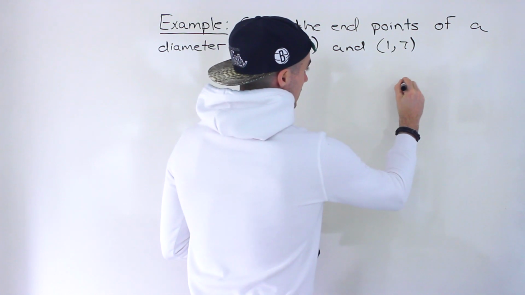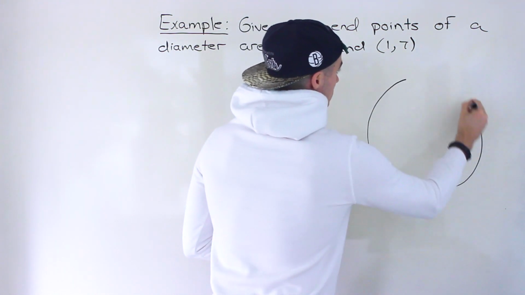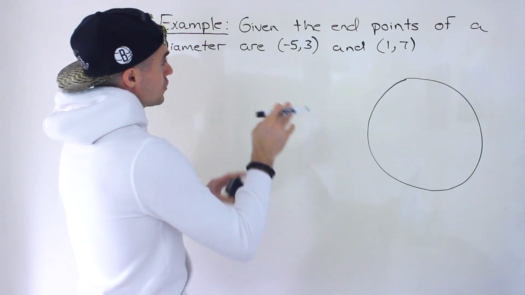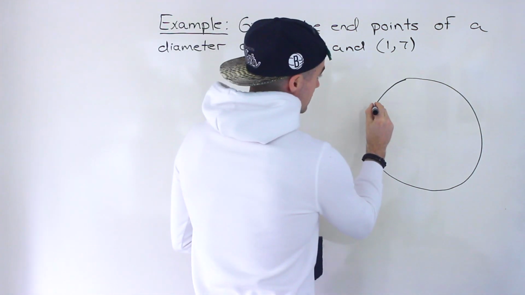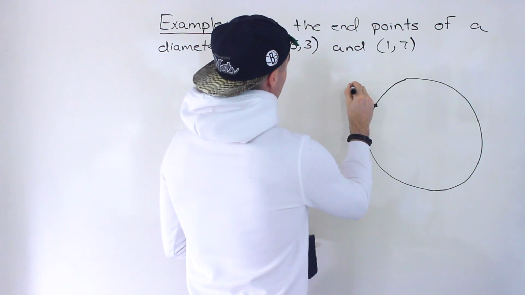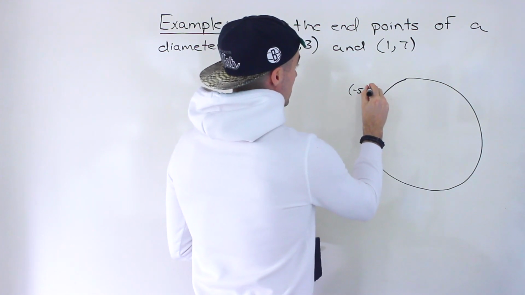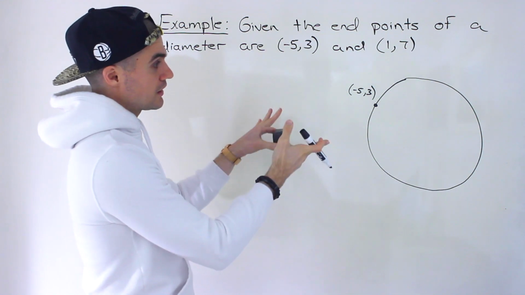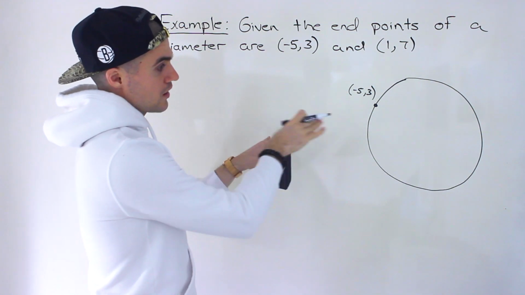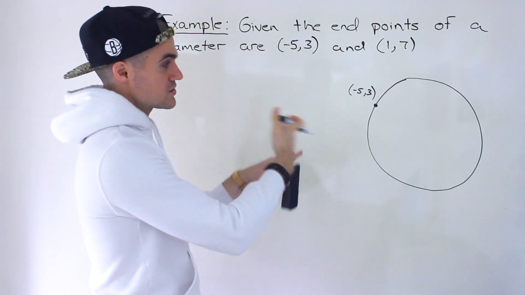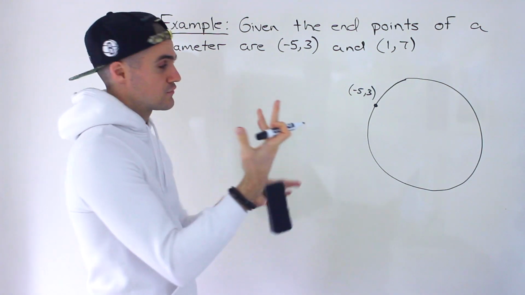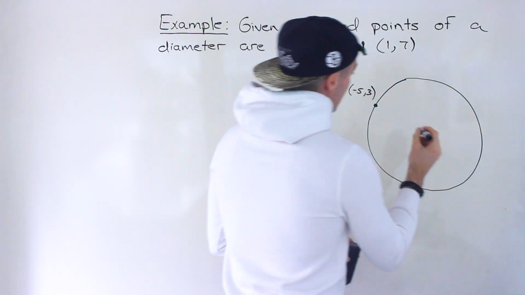So what's going on is we have a circle that is given, and then we're told the endpoints of a diameter are given. So let's say over here this is like (-5, 3). By the way, this is not going to be to scale, so you can draw these on a Cartesian plane if you want. I'm just drawing them here as a rough drawing so we have something to refer to, but the location of these points is going to be different if you draw it on a Cartesian plane. Now,